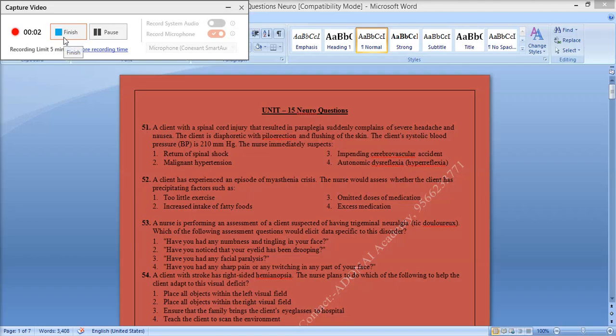Unit 15 Neuro questions. 51. A client with a spinal cord injury that resulted in paraplegia suddenly complains of severe headache and nausea. The client is diaphoretic with piloerection and flushing of the skin. The client's systolic blood pressure is 210 mmHg. The nurse immediately suspects